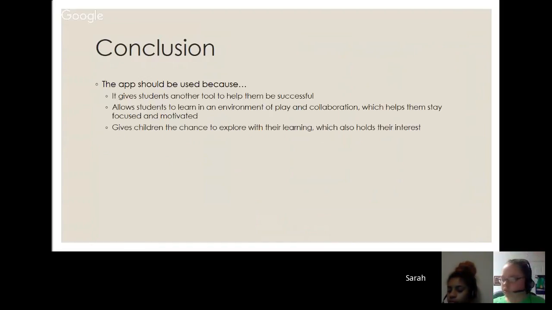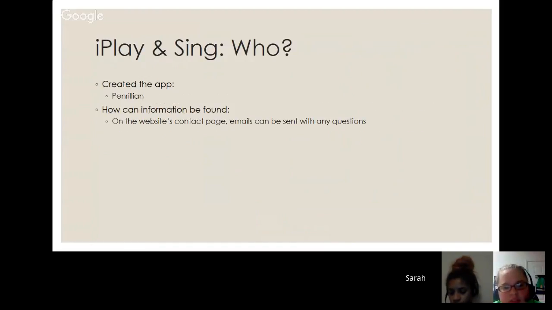allows students to learn in an environment of play and collaboration, which helps them stay focused and motivated, and it gives children the chance to explore with their learning, which also holds their interest. I Play and Sing. The app was